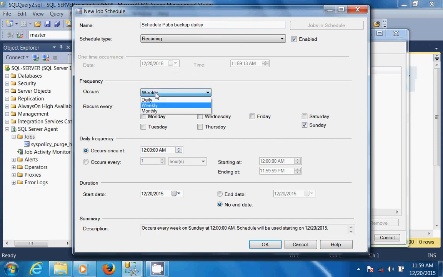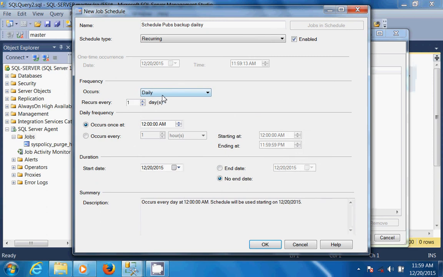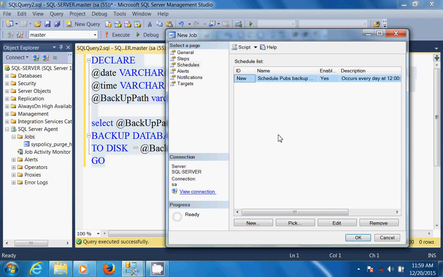I said daily, so it should occur once at 12 a.m., which is midnight. So that's it. It starts from today, 20th December 2015, with no end date. So it will be created daily without an end date. Click the OK button. This is the new job we have created.